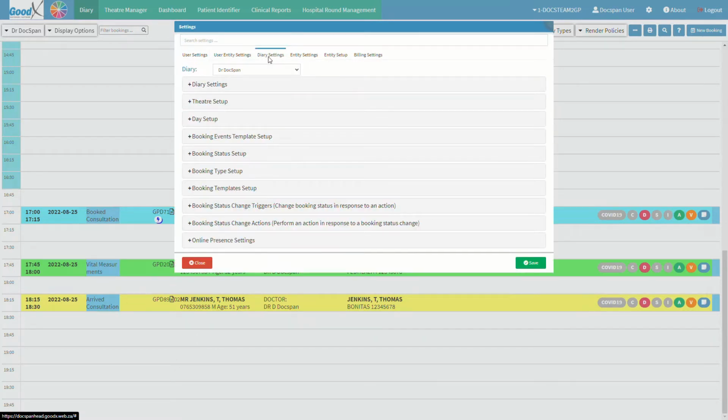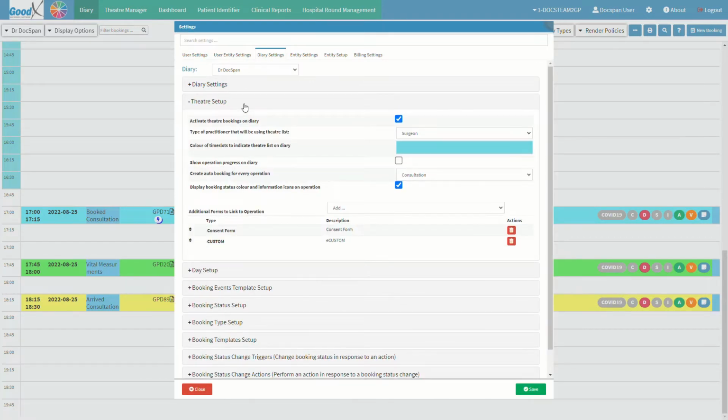Proceed and click on the Diary Settings tab. Click on the Theatre Setup panel. Click on the type of practitioner that will be using Theatre List drop-down menu to make the selection between the